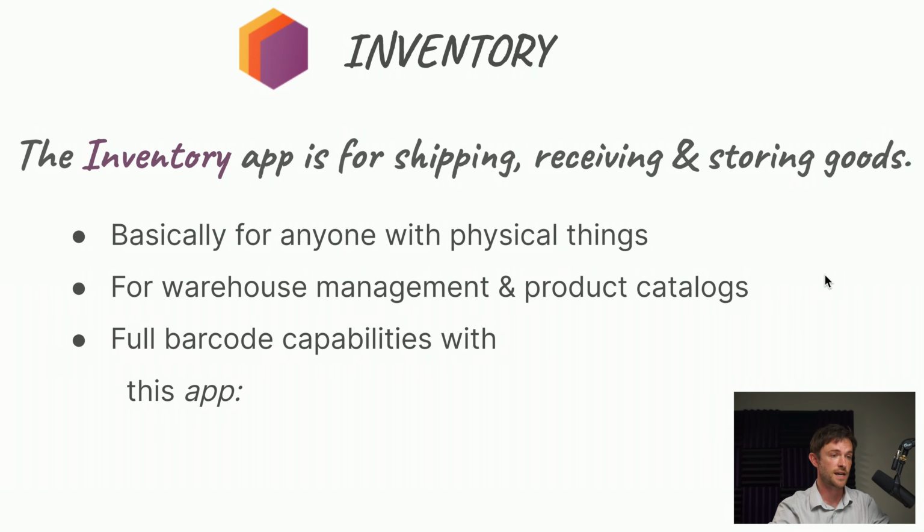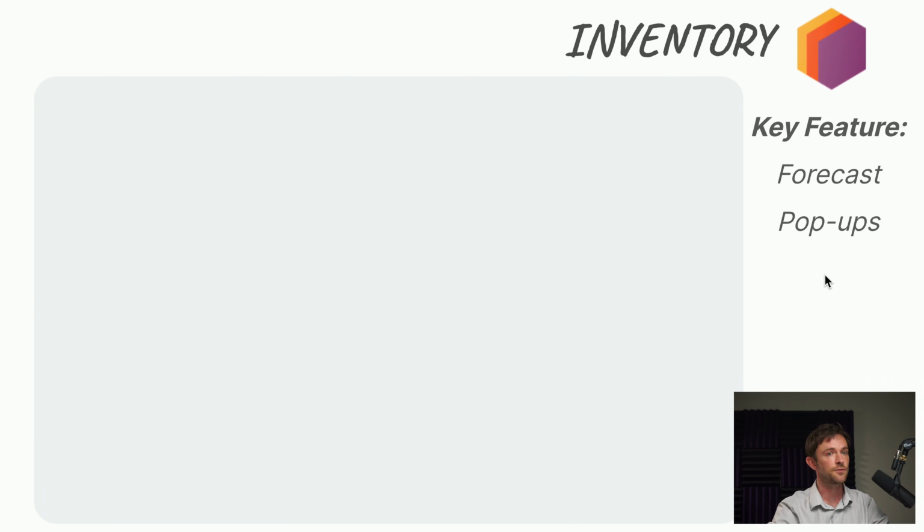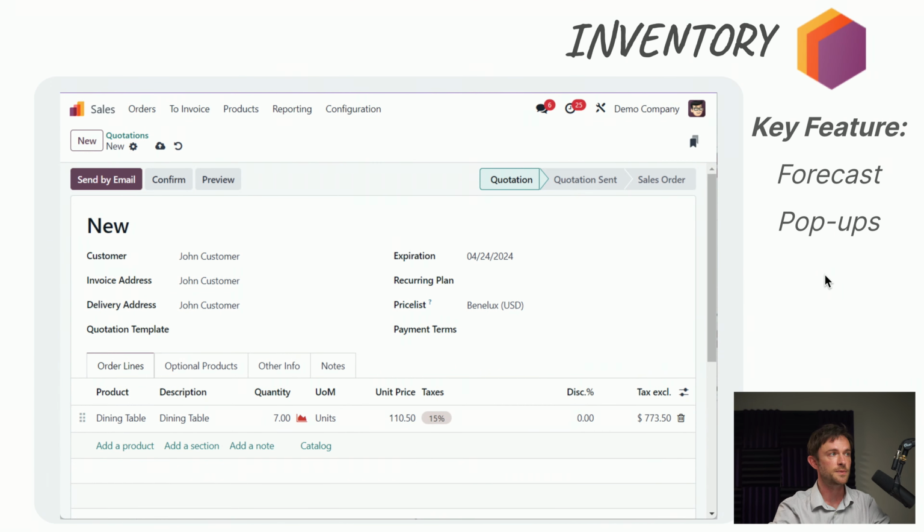It also, as a bonus app, has full barcode capabilities using the Barcode app. Barcode also applies to manufacturing too, so it can save a lot of time and help you modernize. As a feature to highlight, forecast pop-ups. So it's really useful within other apps, and you can see it within purchase orders, manufacturing orders, or quotations like